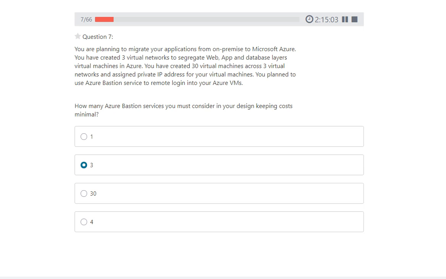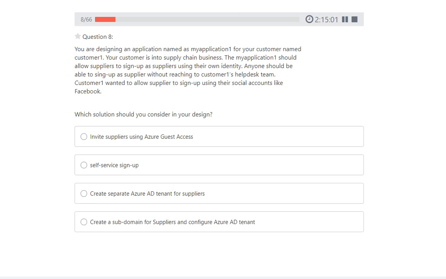Okay, next question. You are designing an application named My Application 1 for your customer, named Customer 1. Your customer is in the supply chain business. My Application 1 should allow suppliers to sign up using their own identity. Anyone should be able to sign up as a supplier without reaching out to the Customer 1 help desk. Customer 1 wanted to allow suppliers to sign up using their social account like Facebook.